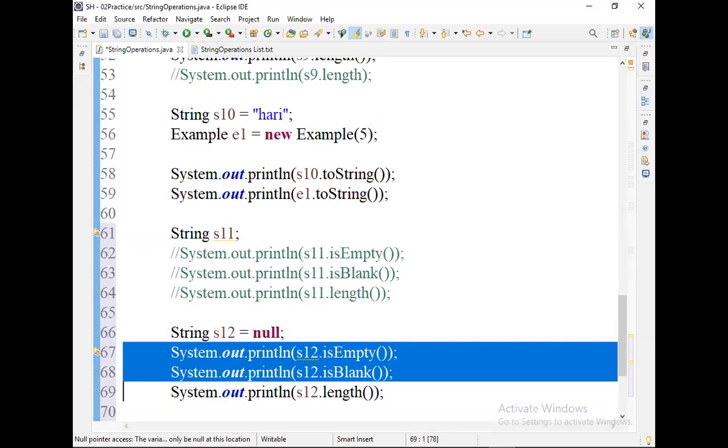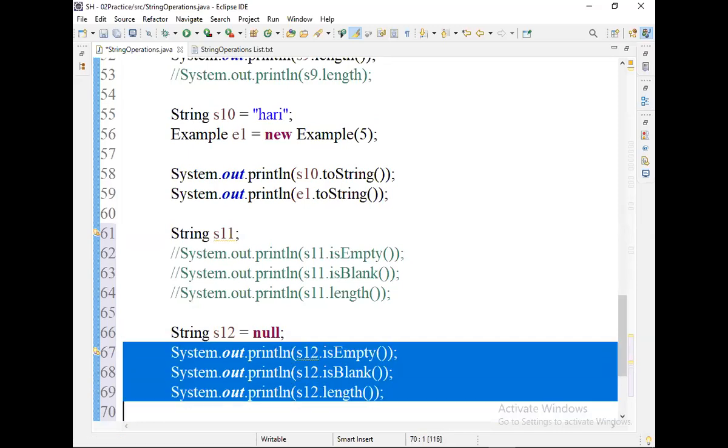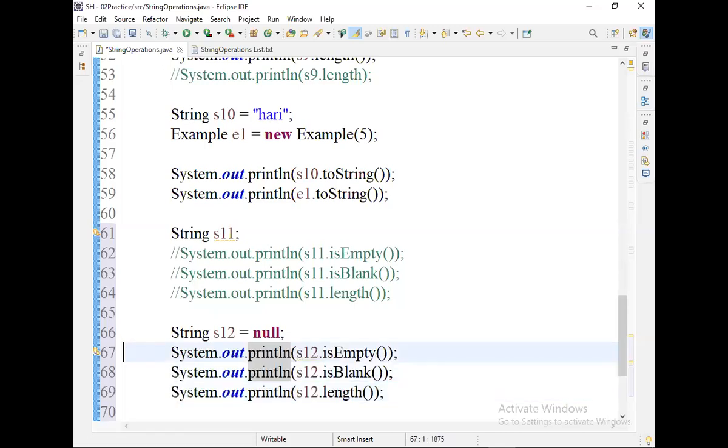Always use your brain. I keep telling you, these methods are meant for finding whether the string is empty or not, not the variable. They don't work on the s12 variable itself, but on the object s12 points to. Is the s12 variable pointing to any string object?